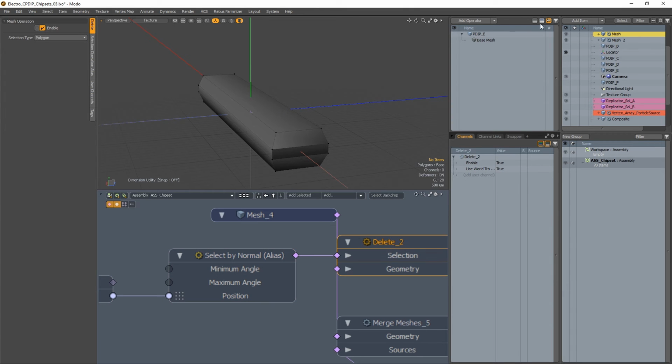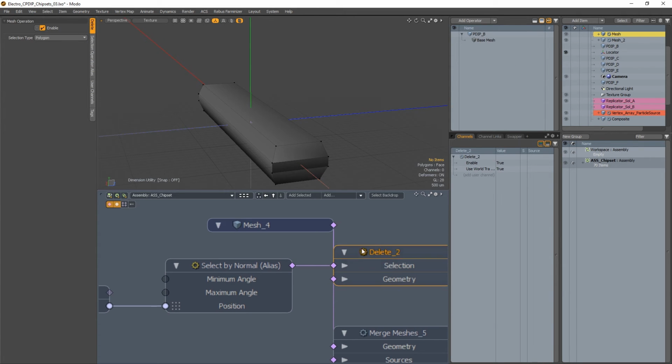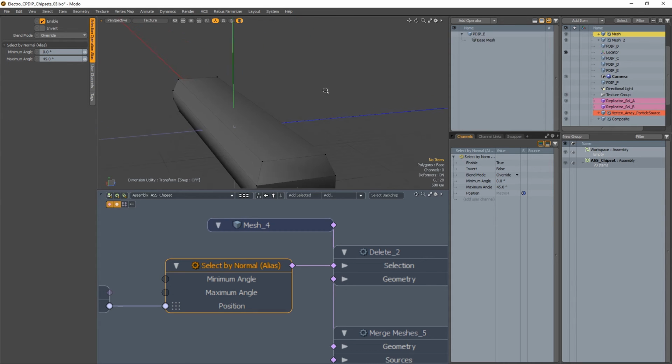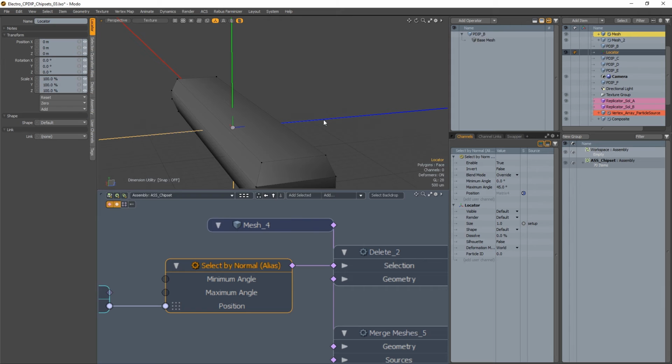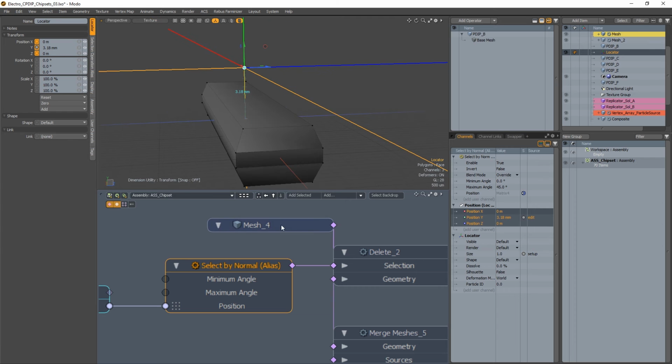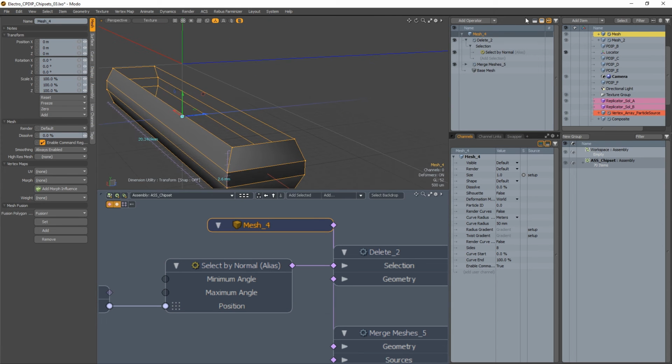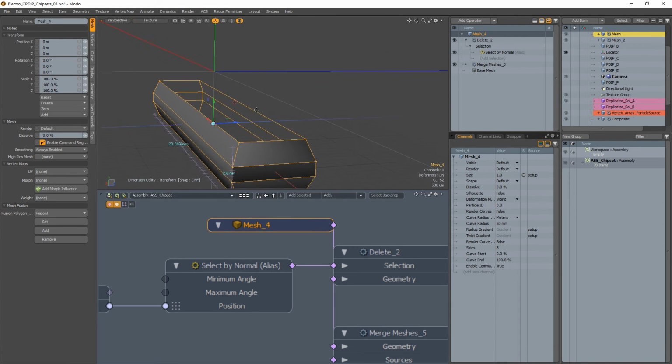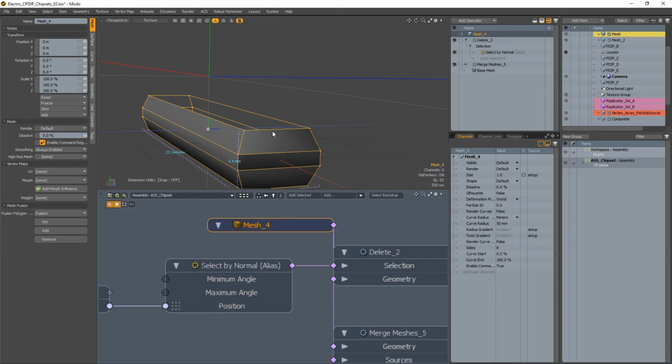So if I show the selection, delete and move the locator, do I have the move tool? No, I didn't. Okay, so if I move the locator here, and we are in the final visibility of this mesh,